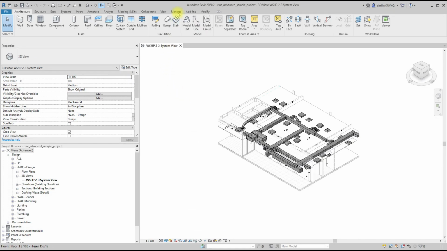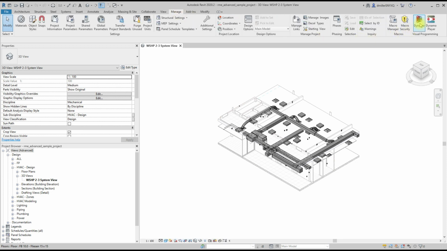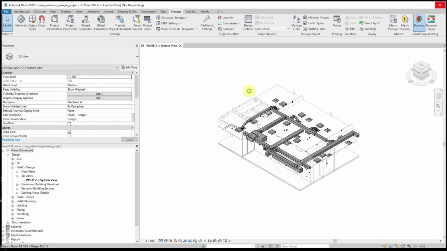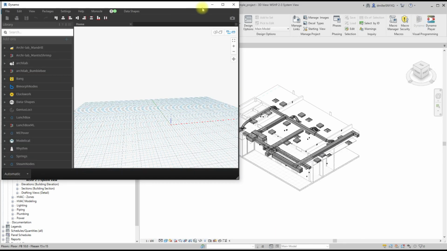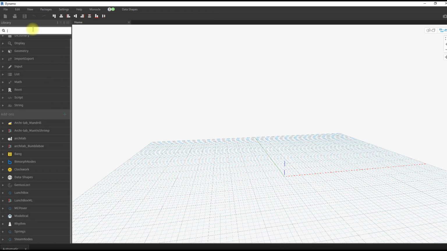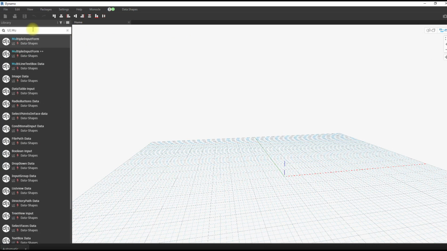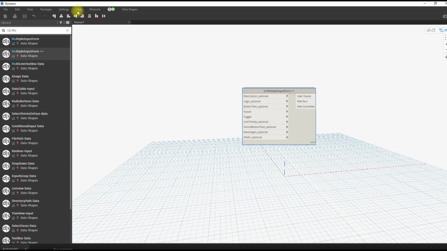This week's video is going to be on creating a quick Dynamo script for transferring view templates from a project to another project. I don't know if you've ever been in that scenario where you had a user try to transfer a view template from a project and they inadvertently transferred the project standards of that project, kind of messing